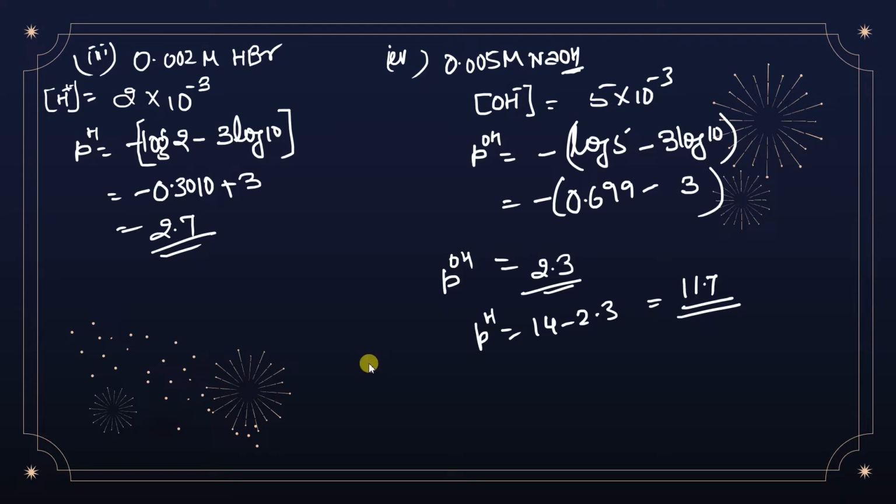One thing you have to keep in your mind is that if it is a base, the pH must be above 7. Got it? And if it is an acid, then the pH should be less than 7. Even if it is only slightly above 7, for a base, say 7.2 or 7.4, that will be correct, okay, that is fine. But it cannot be 6, it cannot be even 6.9. Similarly for an acid, it will be okay if it is 6.9, but it cannot be 7.1 or 7.2. So you have to keep that in mind.